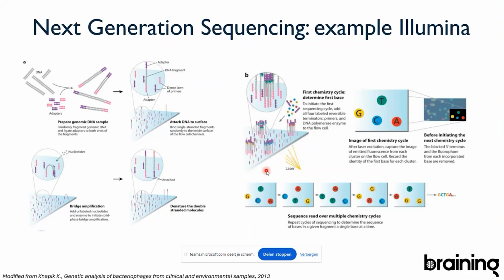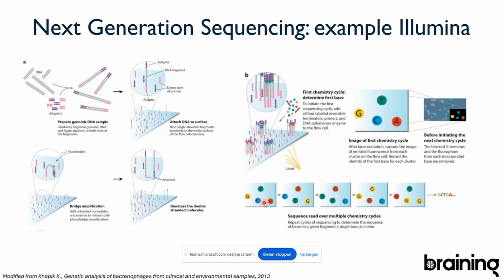Then there is a chemical step in which the fluorescent label is removed, and the base is then modified to allow the DNA polymerase to incorporate another base. So it's basically a chain termination reaction, but one that is reversible. And so one by one, after every chemical step, you have the new incorporation of another base. And that's basically how you determine your sequence.